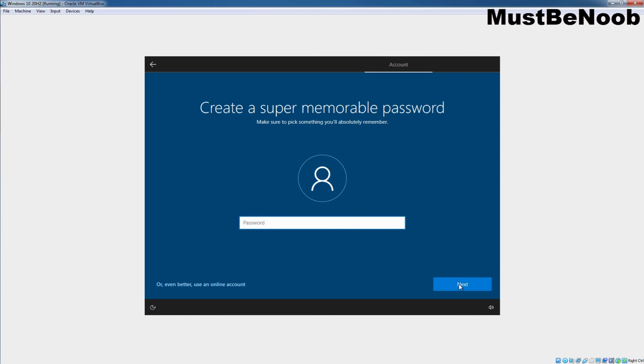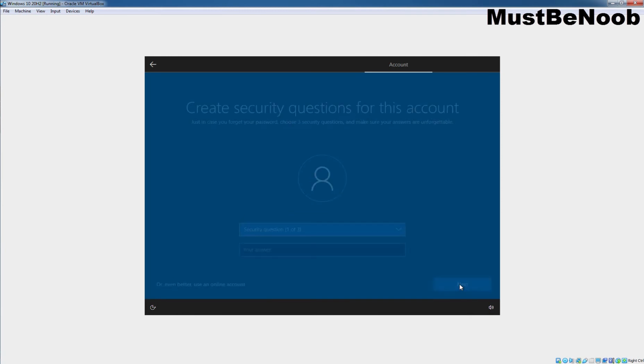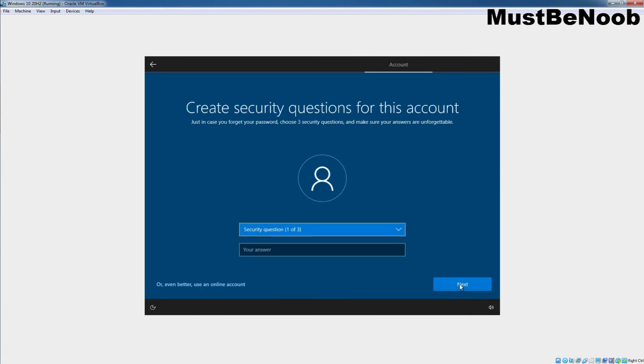Specify the password. Click Next to continue. Again, type the password for confirmation. Click Next. It will ask us to create security questions with answers. In case you forget your password, you can recover it using the security questions.